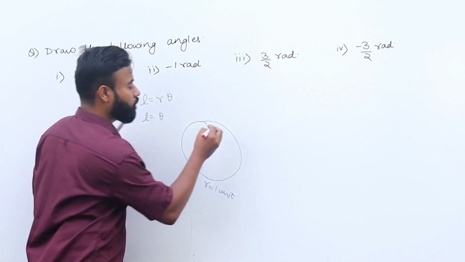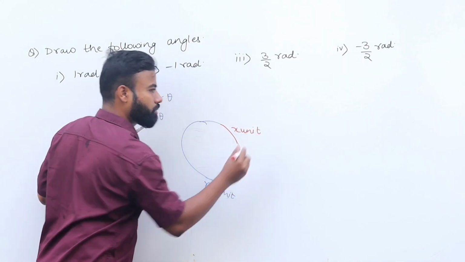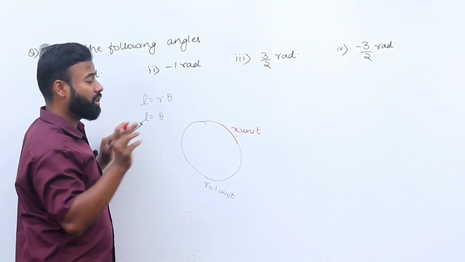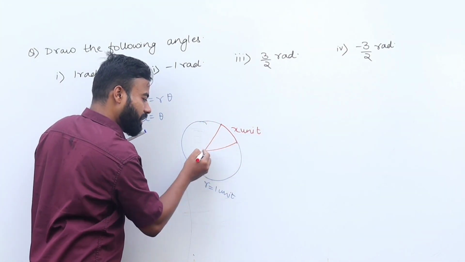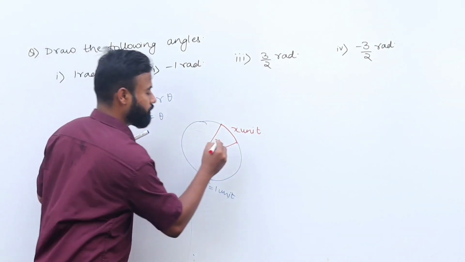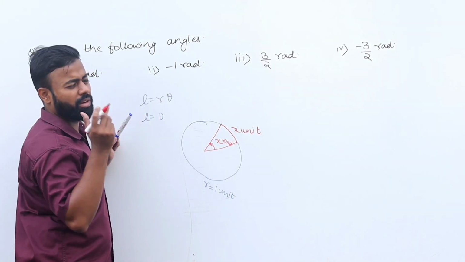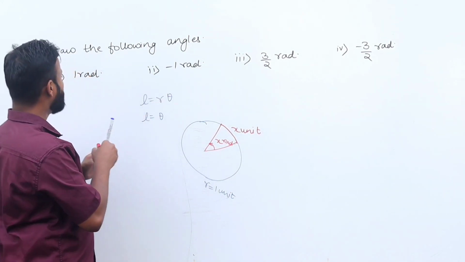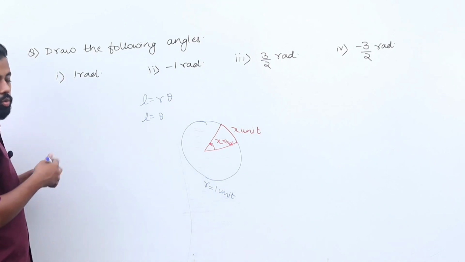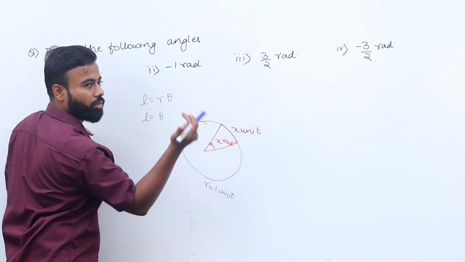Suppose you have an arc of length x unit. Then calculate in your mind only, the angle that you are going to subtend at the center will also be x, but the unit will be in radian. Now these all questions will be a piece of cake for you. Suppose you want to make a 1 radian. What we are gonna do? You will just put angle x, then you will put x unit as 1 unit.